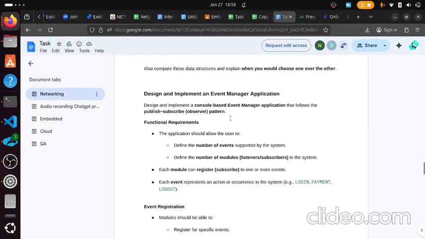The video task assigned is to design and implement an event manager application. Reading the prompt statement: design and implement a console-based event manager application that follows the publish, subscribe, observer pattern. And the functional requirements that are defined: the application should allow the user to define the number